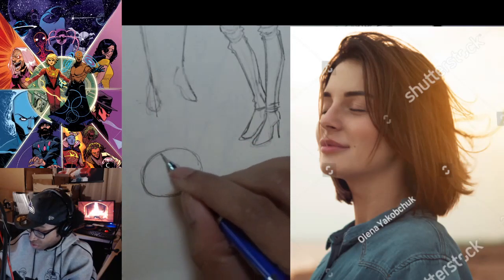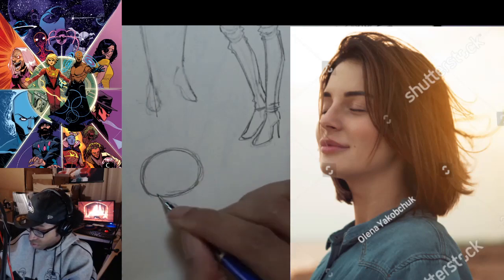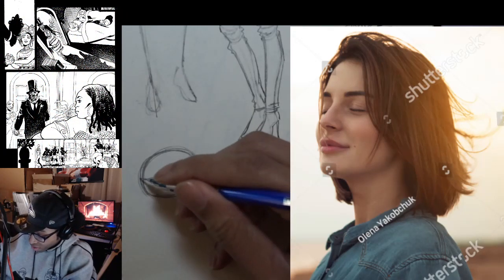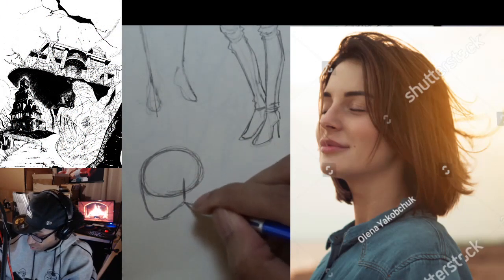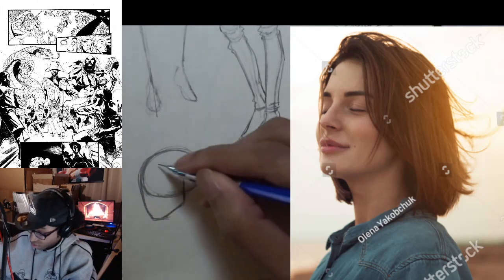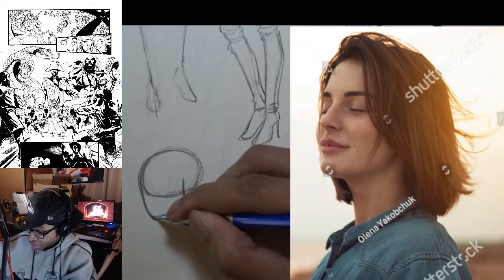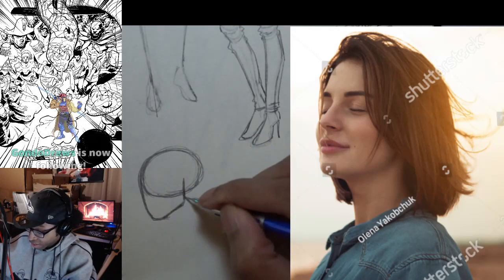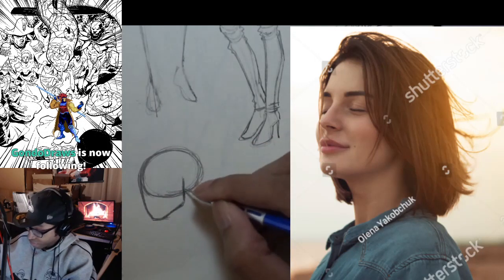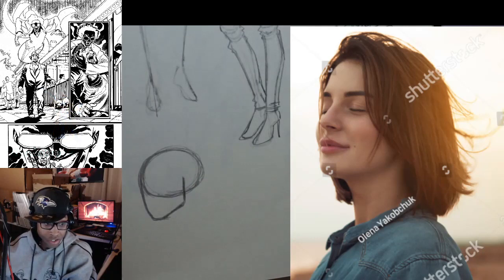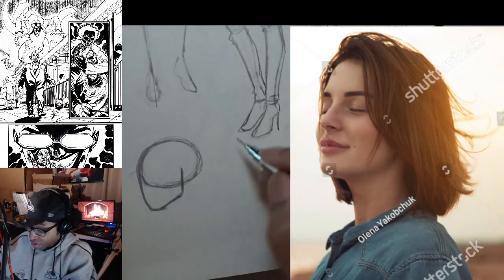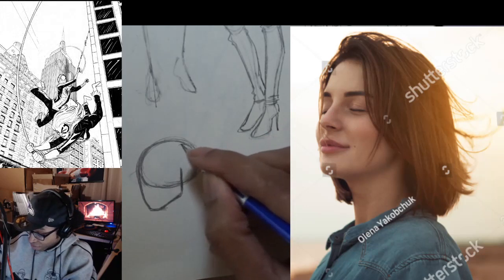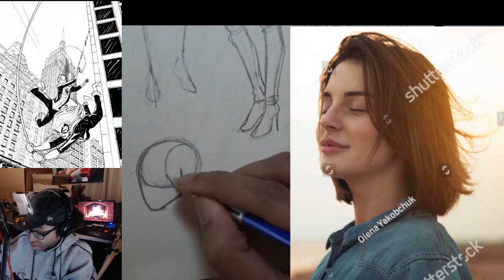I have my circle for like the part of the skull where the brain goes, and then from there I kind of bring my chin down to find the jawline and bring that up into that circle. And that right there, that's like the most basic of basic skull shapes, because then you can sort of break that into planes